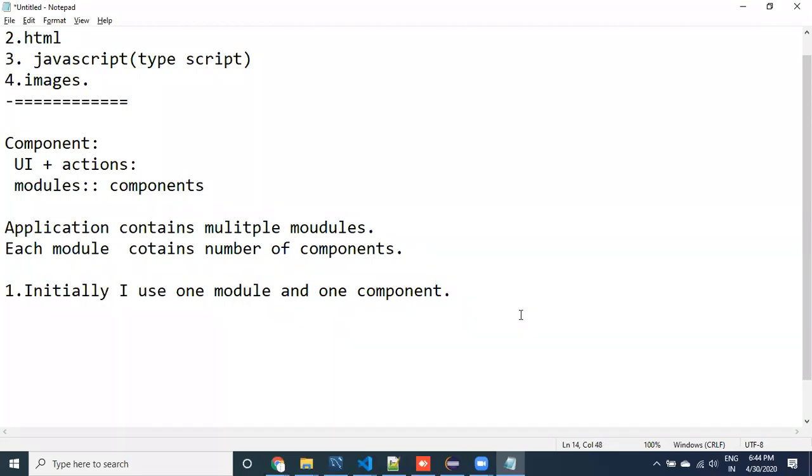And one more good thing for a fresh learner is you don't need to create a module or a component initially. Why?